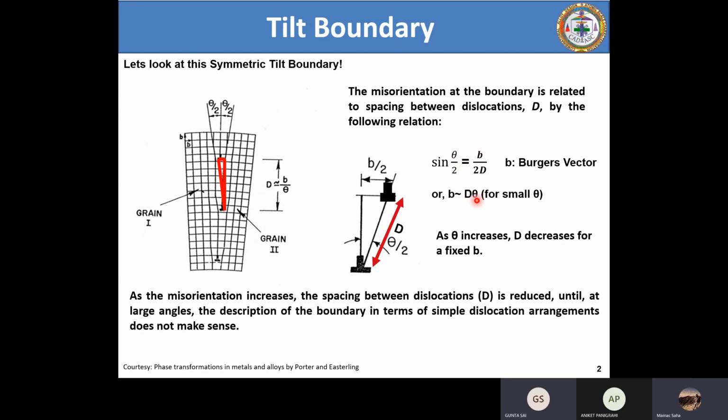Now I have one small doubt in this calculation. If theta is 15 degrees, and you put it in radians, how much will it be? 15 into 3.14 by 360, no? Or 180? Yes, sir, 360 only. Then how much will it be? 0.131. So B is equal to 0.131 times D.